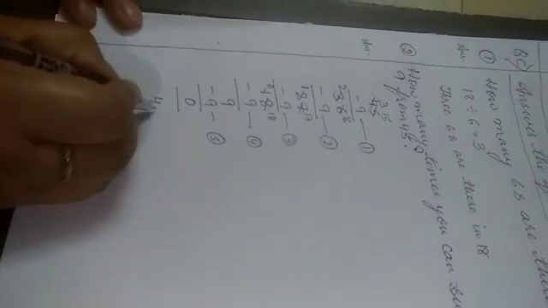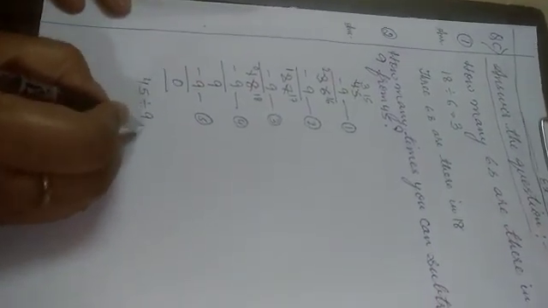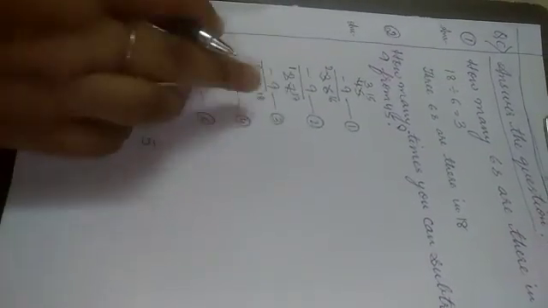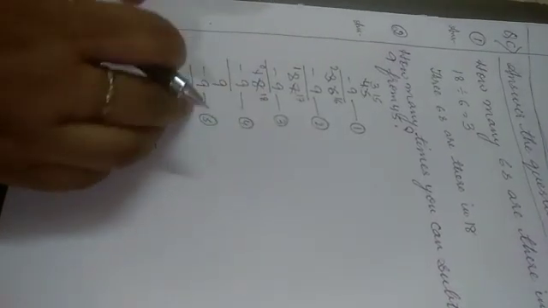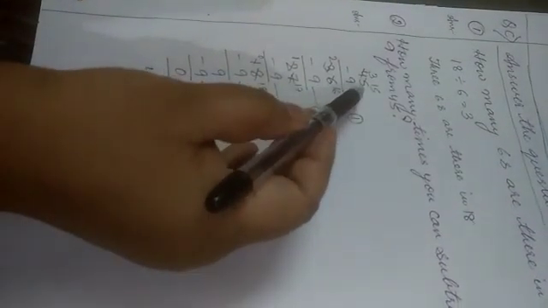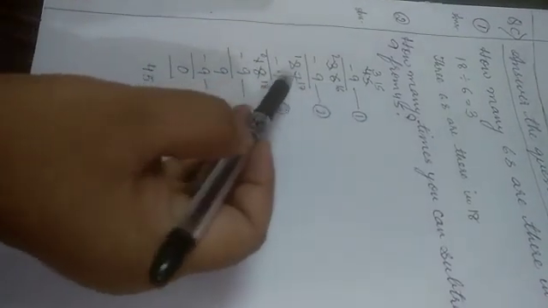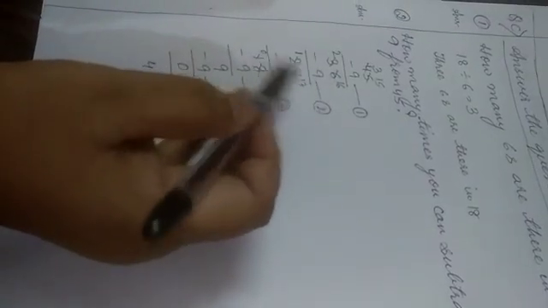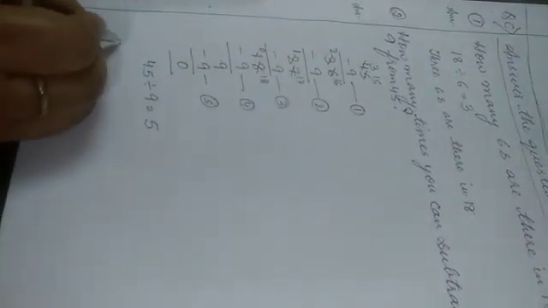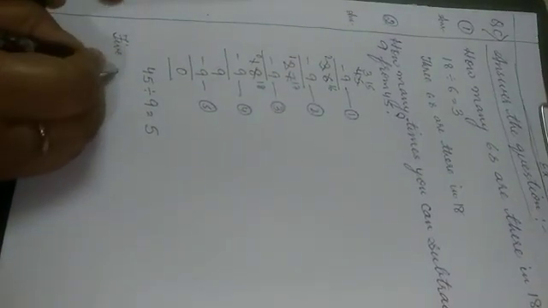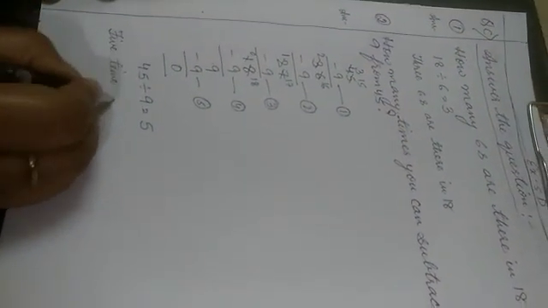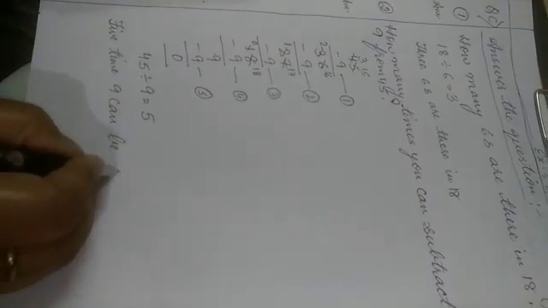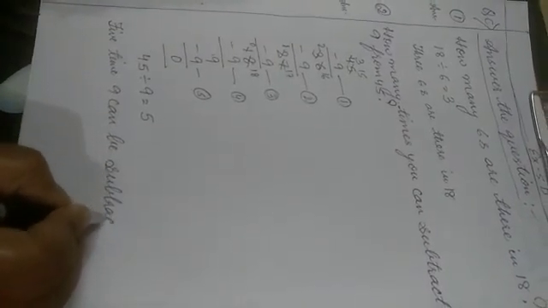So how many times have we done it? Now we can write the division fact, that is, 45 divided by 9 is equal to 5. That means 5 times 9 can be subtracted from 45. Now children, when we are subtracting, you can see these are the multiples of 9: 45, 36, 27, 18, 9. If the multiples are not coming, that means something is wrong in your subtraction. So be careful, and you can write at last that 5 times 9 can be subtracted from 45.